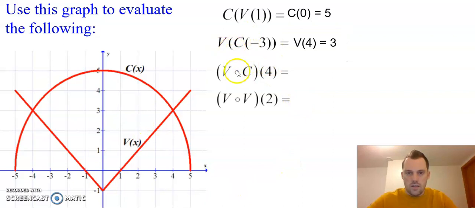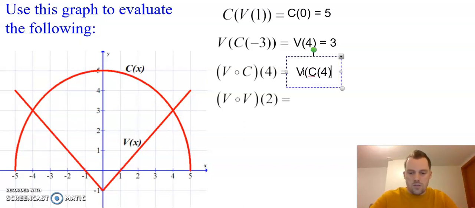Now remember that these are written differently, but if these both have the same initial input, they mean the exact same thing. So if this was a -3 here, we'd get the same output of 3 as we had from this composition. So for this one, v of c of 4, I like